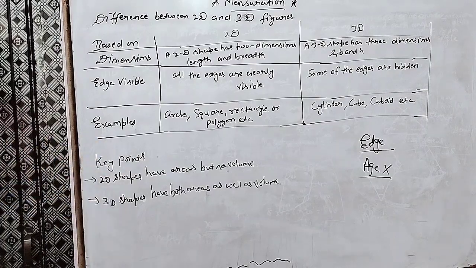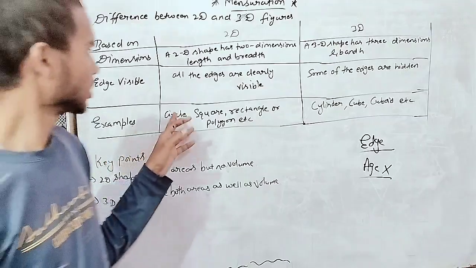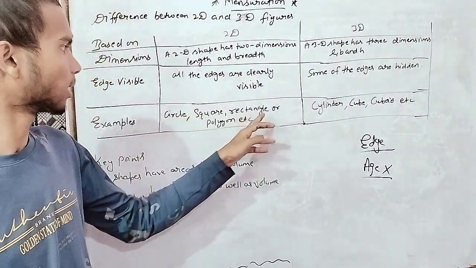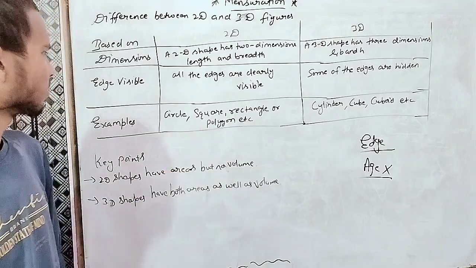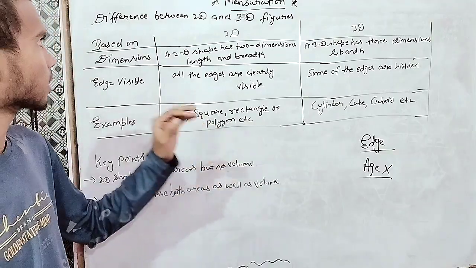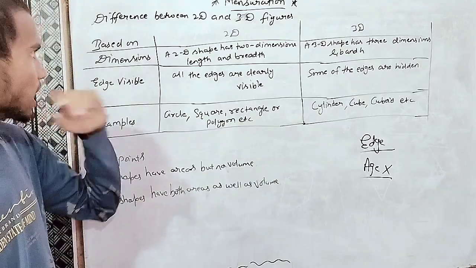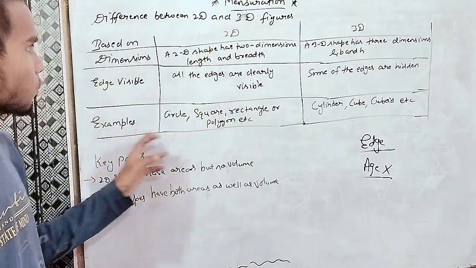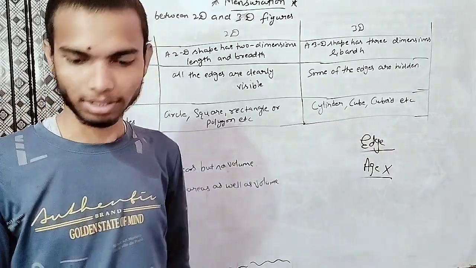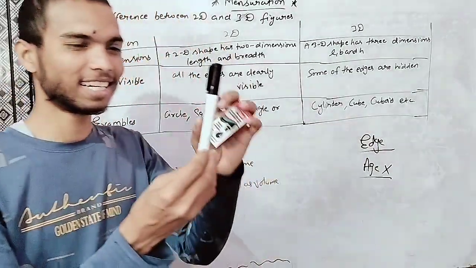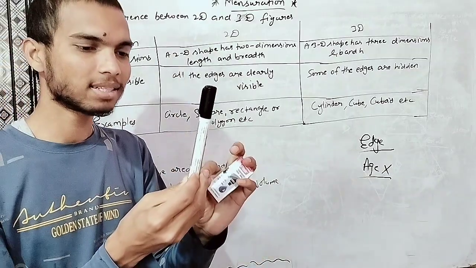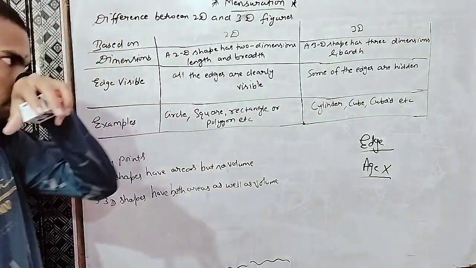Now examples. A circle, a square, a rectangle or a polygon. These are examples of 2D. And a cylinder. We were talking about this cylinder. This is not a cylinder, but this is the shape of a cylinder. Okay. Cube,